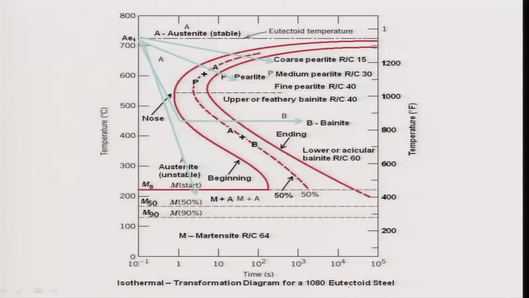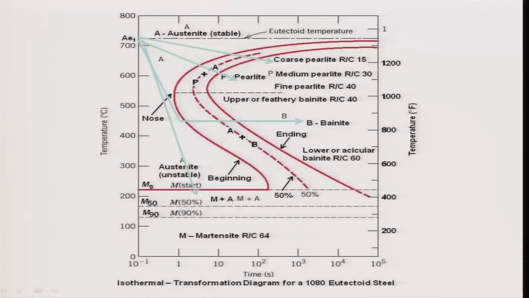So, now if you look at this diagram, there are 2 axes, temperature on the vertical, time on the horizontal axis, right. And on the right side of the vertical axis, we have also plotted temperature in Fahrenheit, and on the left side we have plotted temperature in degrees Celsius. And inside, whatever is there is in different colors. First of all, the thing which is looking C shaped is what is more important,